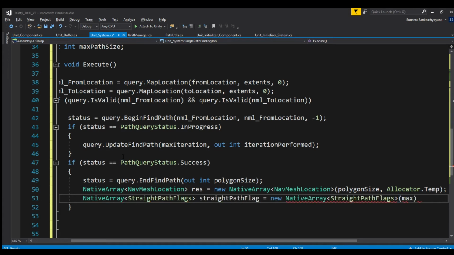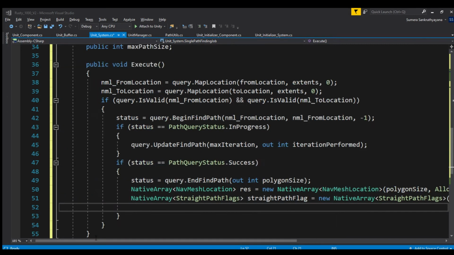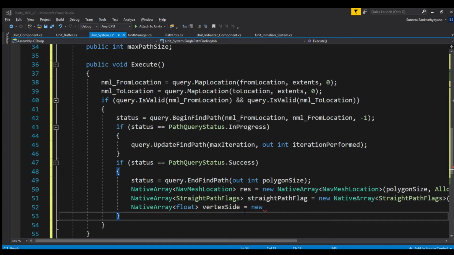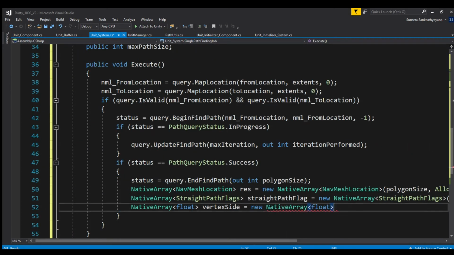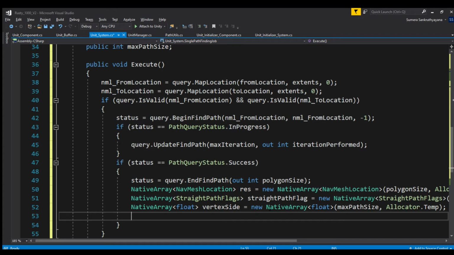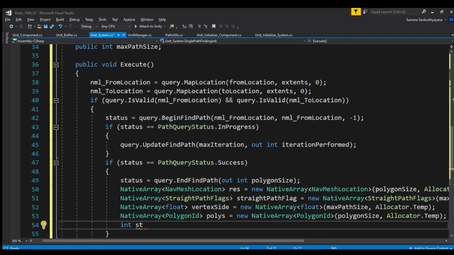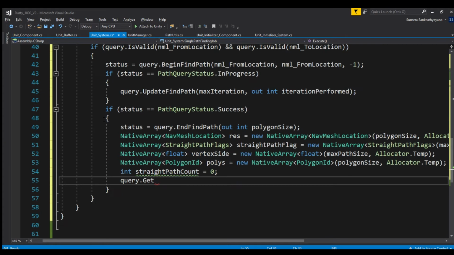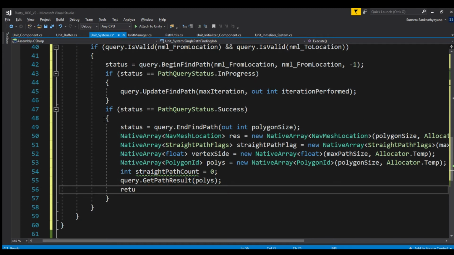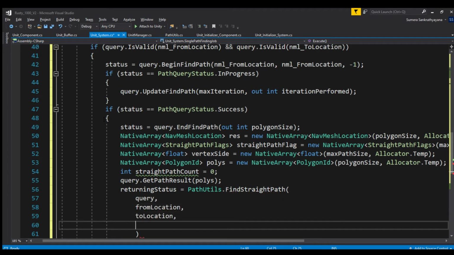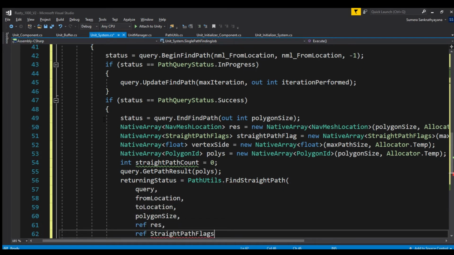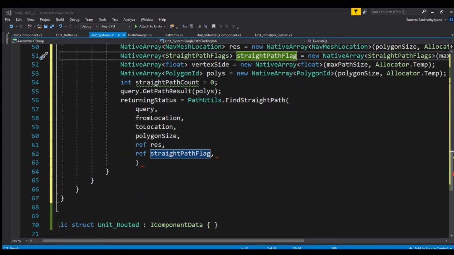Now we can use PathUtils. We need a few more variables to invoke this method. Most importantly, we need a native array to get back the result from this class, which will be NavMesh locations along the nodes that form our path. In short, this method iterates over every node comprising our path and determines the closest NavMesh location. It is very nice to know the low-level implementation. If you are interested in understanding what's happening there, read the NavMeshQuery documentation, especially the CreateLocation and GetPortalPoints methods.